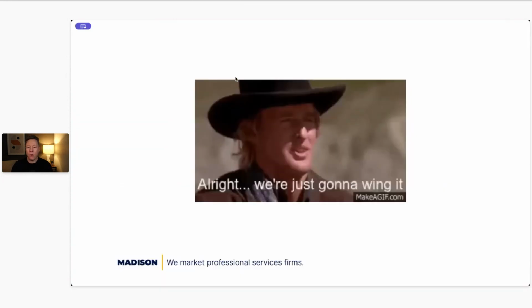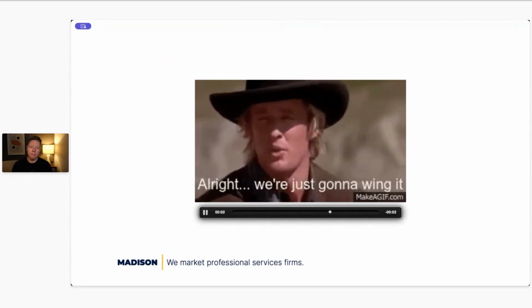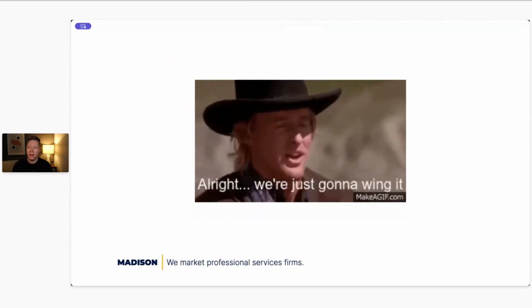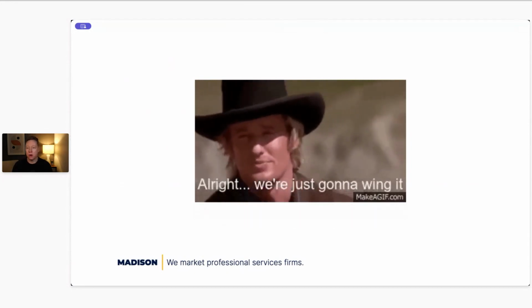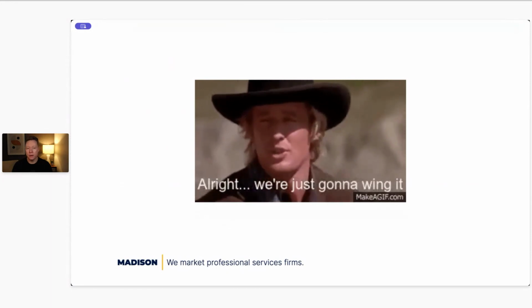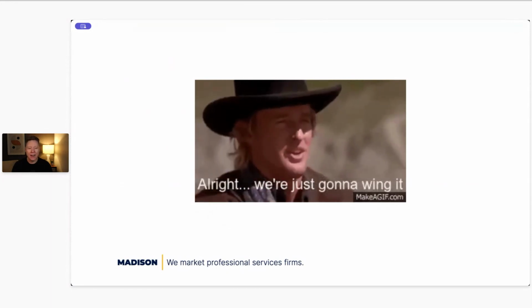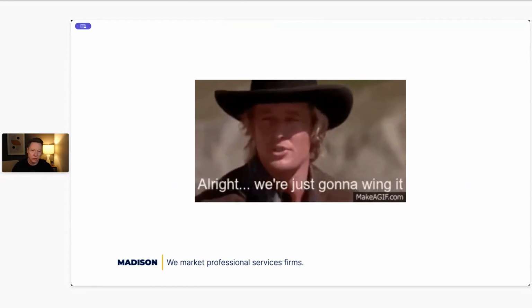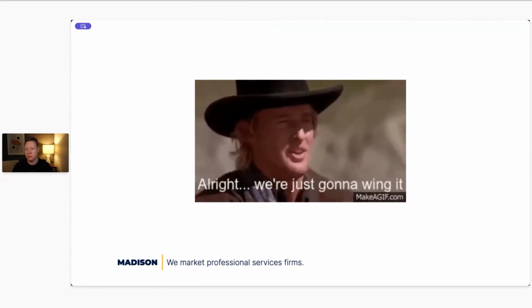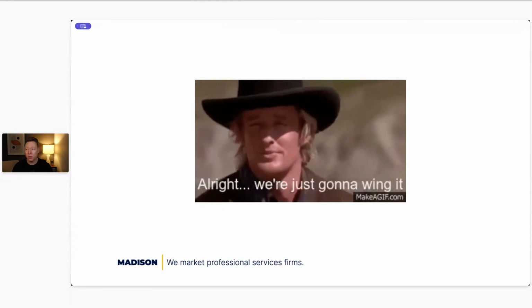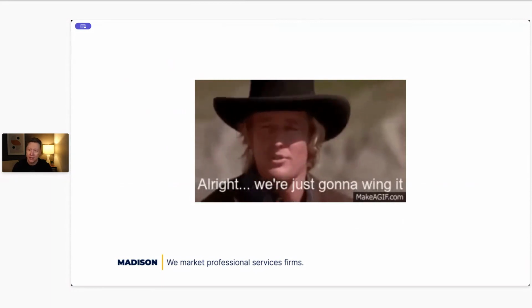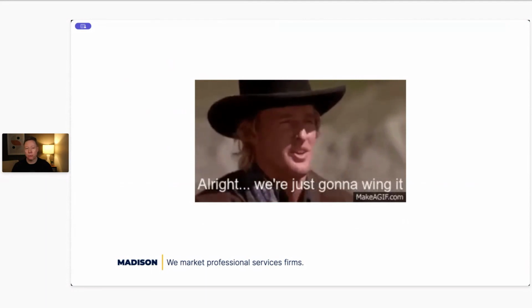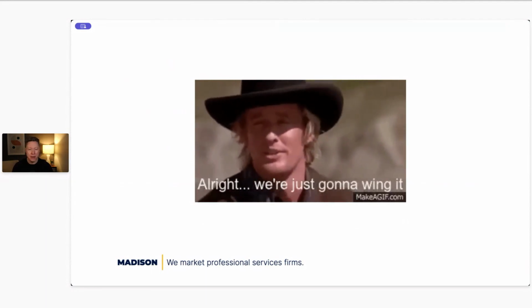So why are frameworks useful? I think there's a couple of reasons. One, I think most companies are disorganized and chaotic, and they're kind of winging it most of the time. So meetings run long. They don't necessarily have a discernible purpose. There's no clear action steps. We don't know how to make decisions. We don't know what the problem even is that we're solving. We don't have a good process. And so we're literally just making things up as we go.